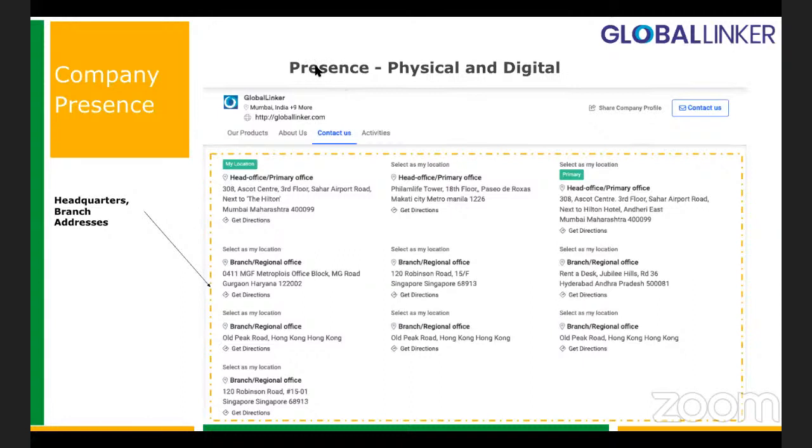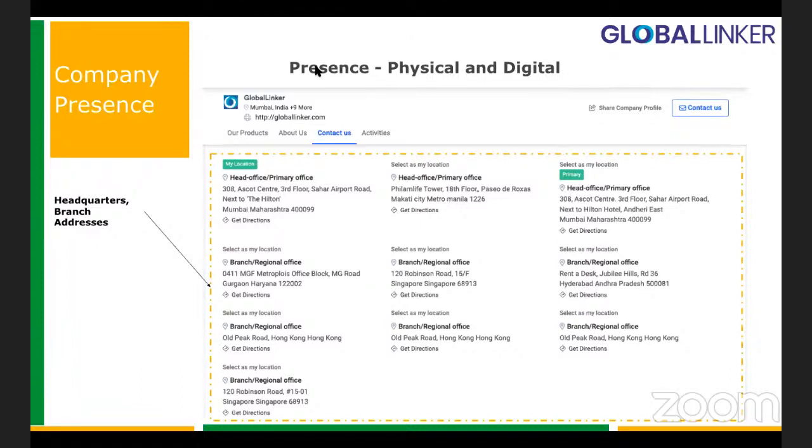So yeah, the next is obviously once I know who the key people in my organization are, who I need to get in touch with as a buyer, I would like to know where this business has a presence already. So obviously, whenever I get a lead from another SME, I would say, where is this business present?